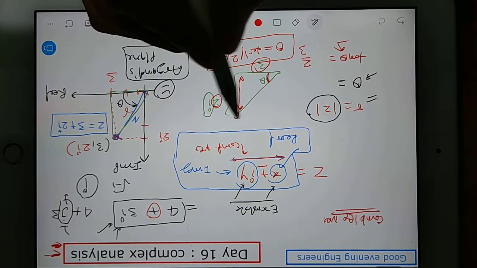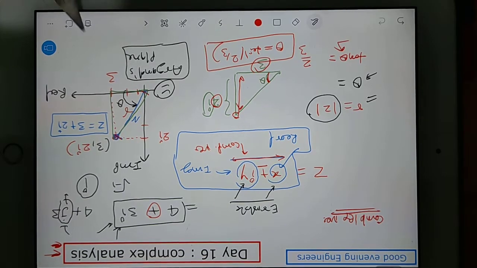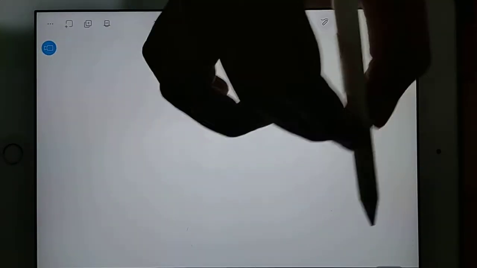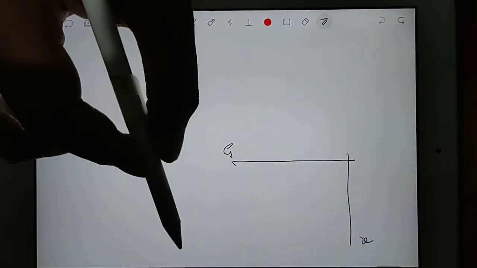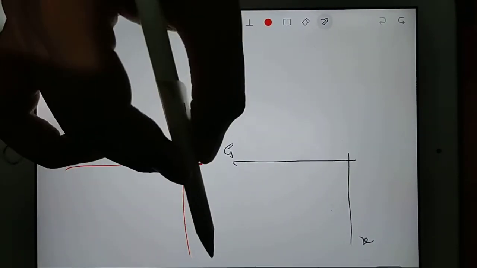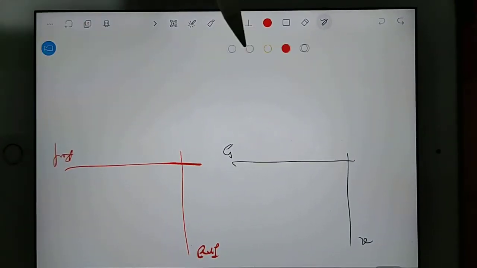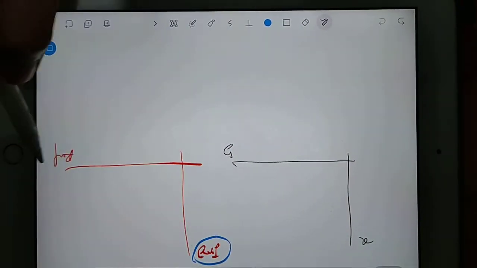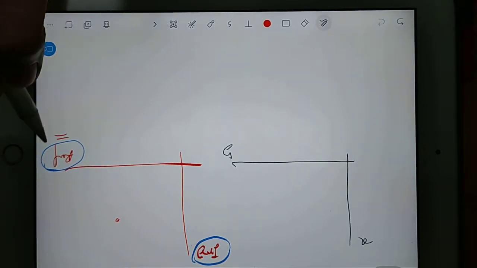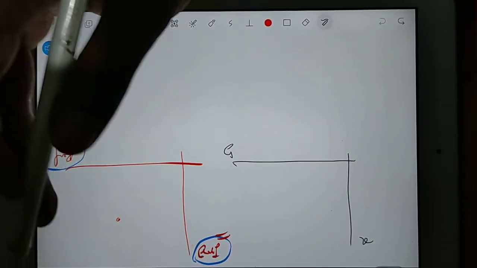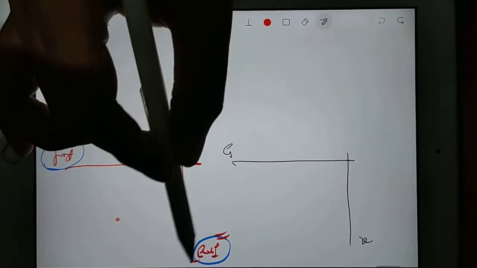It means this point will have a location with respect to the real axis. Okay, now I will tell you. Suppose you are thinking of something in the xy plane and you want to think of the same thing in the imaginary plane and real plane. If I give any coordinate here, sometimes students say this is the x-axis and this is the y-axis. No, you should not say that. Actually, complex numbers we don't discuss on xy. Complex numbers we discuss for real and imaginary axes.